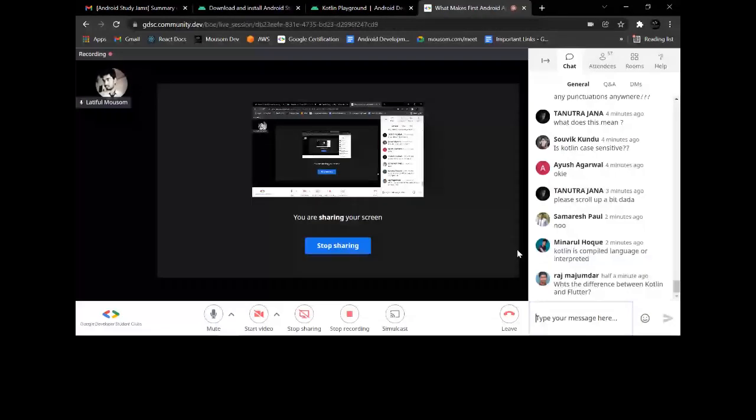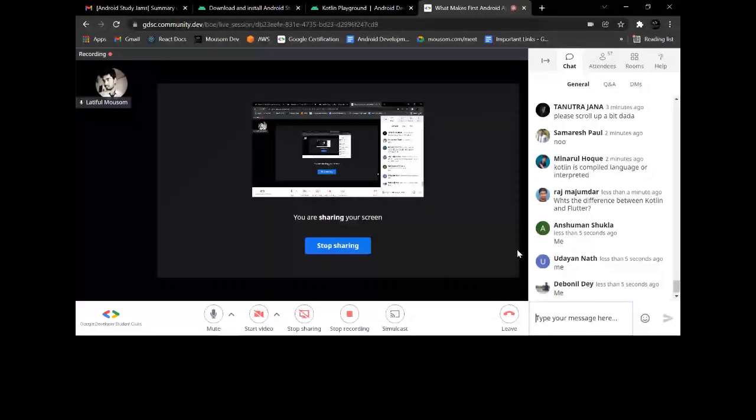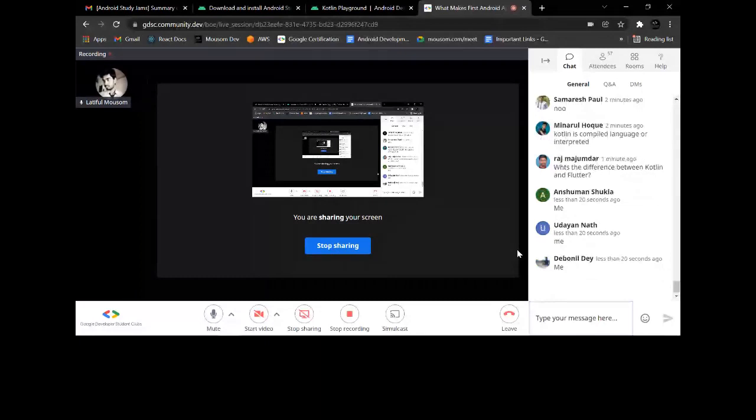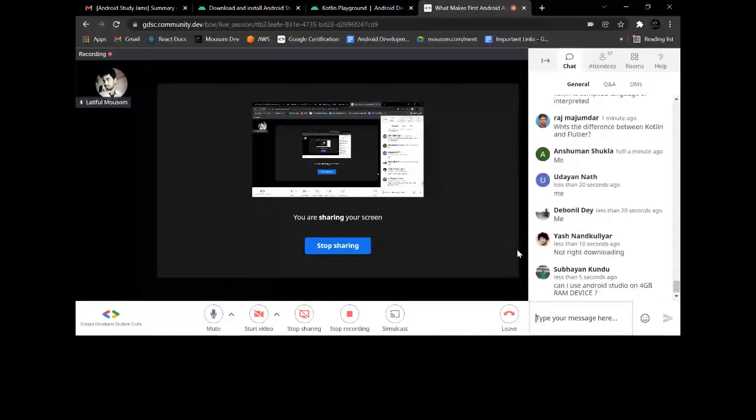What is the difference between Kotlin and Flutter? Okay, so Kotlin is there because in Java we have some kinds of issues. To cover all these issues, Kotlin came into the picture, and Flutter is a framework. The language is Dart. By using Flutter, you can build cross-platform applications.